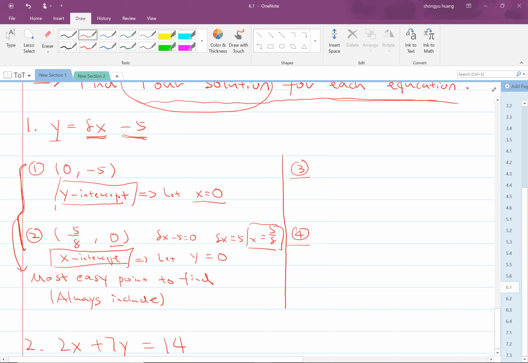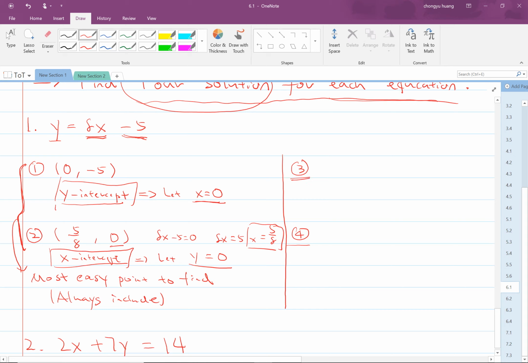Okay, those 2 points I really recommend you write down, because it's quite easy. You just set x equal to 0 and then y equal to 0 in order to find those points. Okay. So now let's talk about